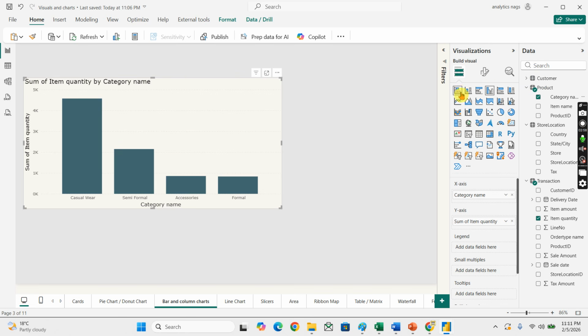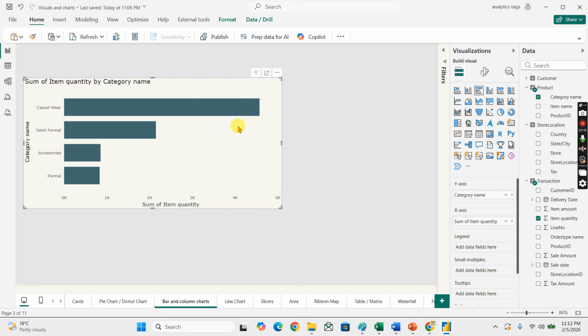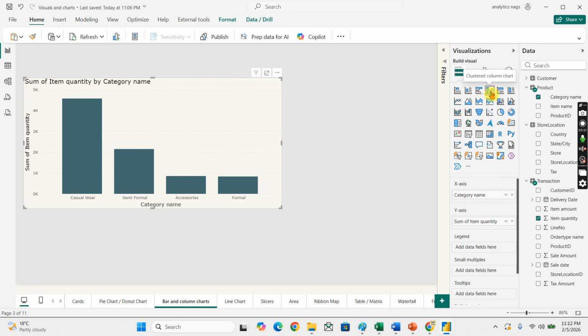There is no major difference between the clustered column chart and the bar chart. Bar charts, you see, are horizontal, and the column charts are vertical. Once you click on it and select the clustered bar chart, you can have a value over here. Another thing you need to understand here is